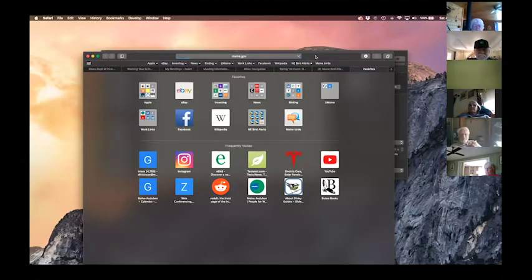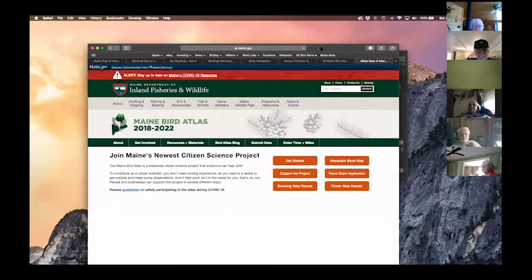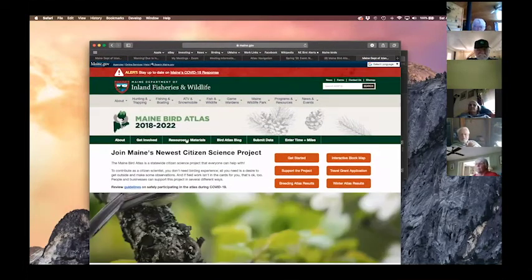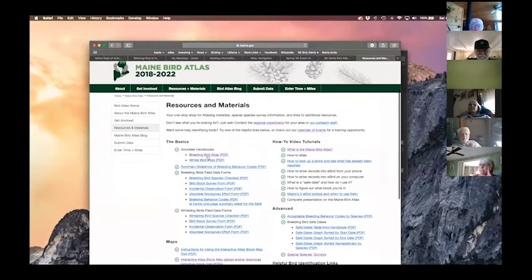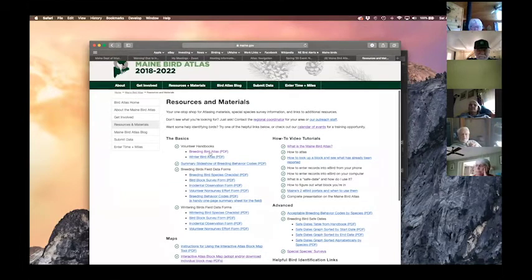Hopefully you can still see my screen as I'm going to maine.gov/bird atlas, resources and materials, volunteer handbooks,